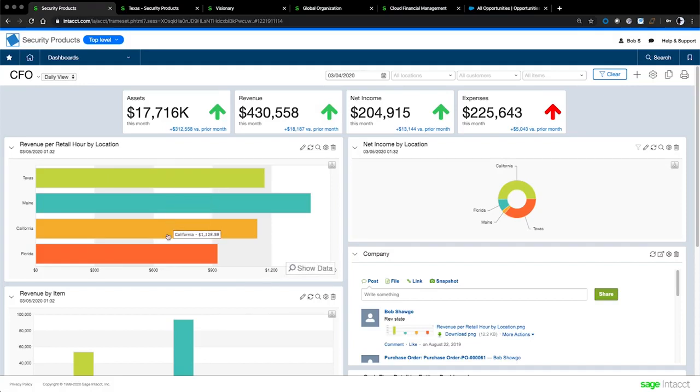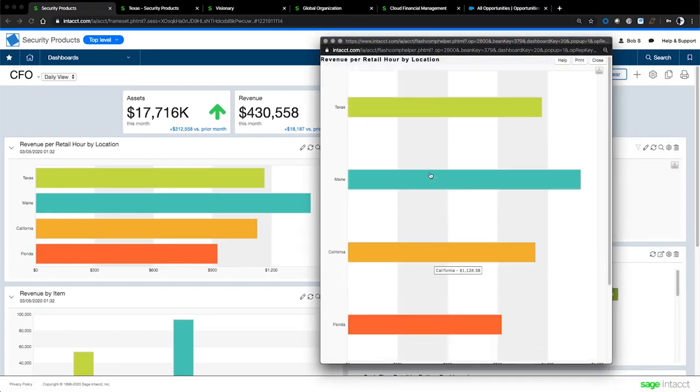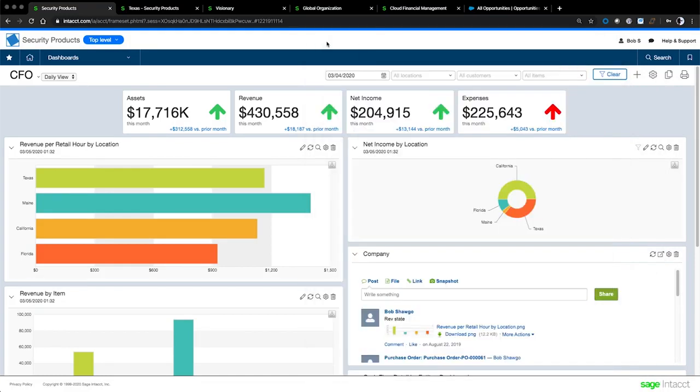I can also see the amount behind Maine, California, and Florida. The same with any of these charts. I can also expand any of these charts. These reports and charts aren't limited to the library of pre-built reports. Using built-in reporting tools, you can edit or create your own financial reports that slice and dice information from the